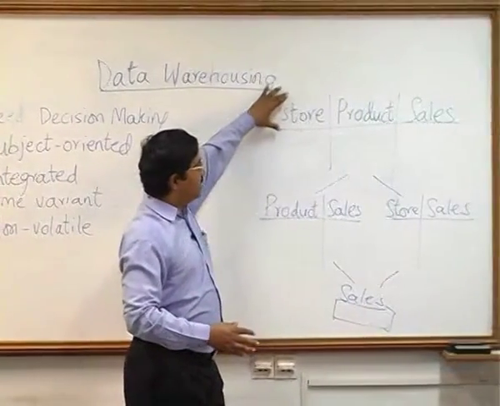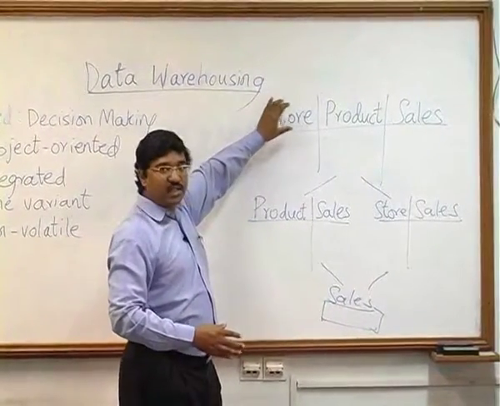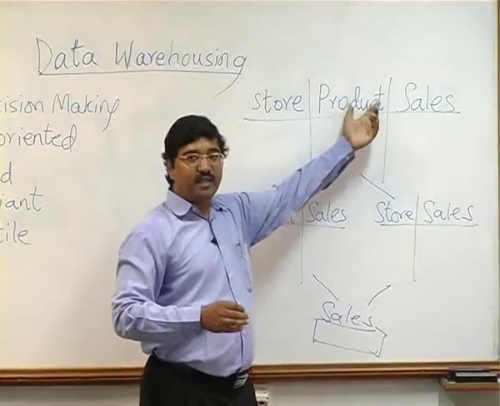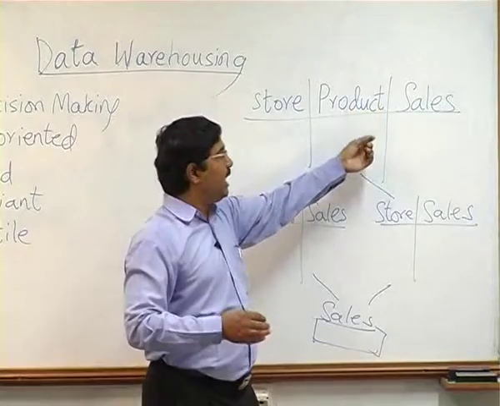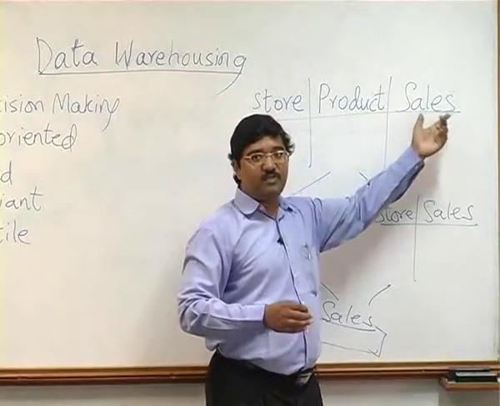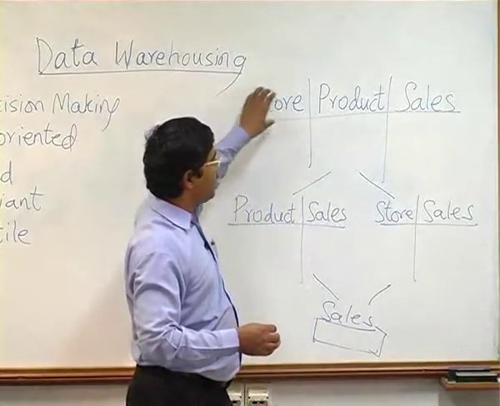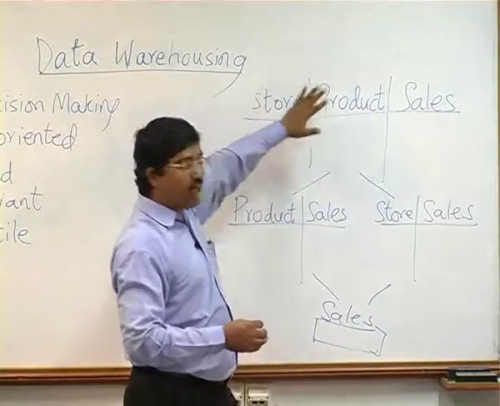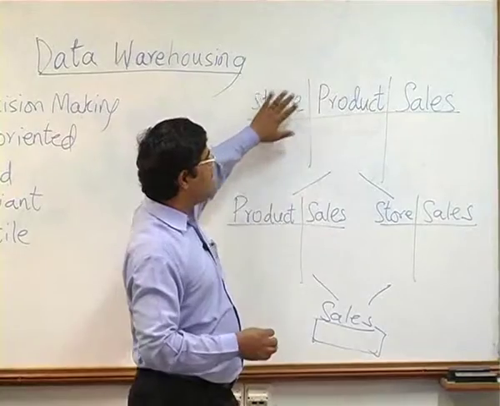So you have, let's say, different stores, different locations of the branches. You have the different products that are sold in these different locations and the amount of sales, how much of these products are sold. So these are what are called subjects here. And there are 2 kinds of subjects. One is called the